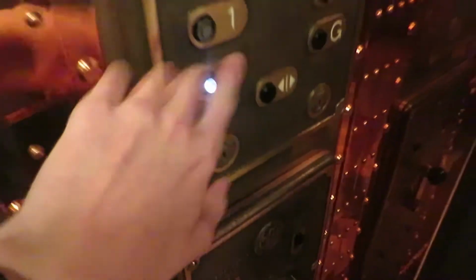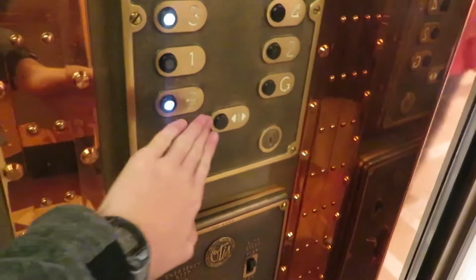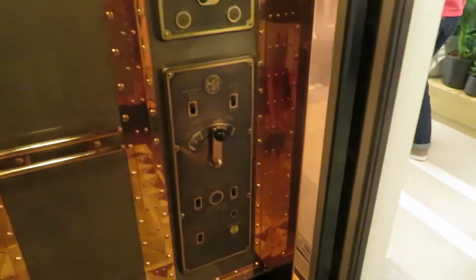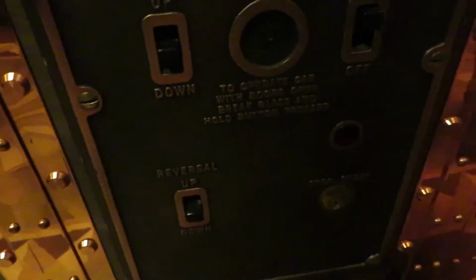Doors opening. Doors closing. I don't think this IIE indicator works anymore. Doesn't look like it does. Directory. Can't really see out much, but this is beautiful. Here's the old signal control thing. I actually think these still work. I'm not gonna touch the light switch, but...